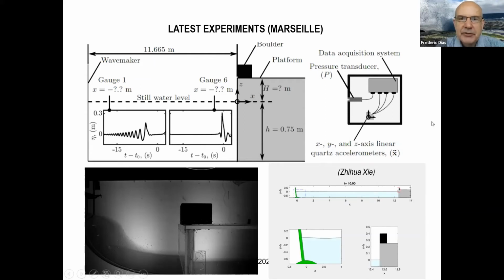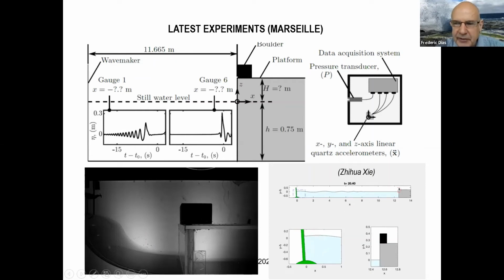So these are some experiments we are doing now. The first set of experiments was done in February this year in Marseille with the collaboration of Olivier Kimmoun, and then a new campaign is going to be done in a couple of weeks. And so here, these are some numerical simulations that mimic the wave tank performed by Professor Shi from Cardiff University. And so it goes again, you see the wave maker. This is all numerical. That's a blow up of the wave maker. That's the tank, the full tank.